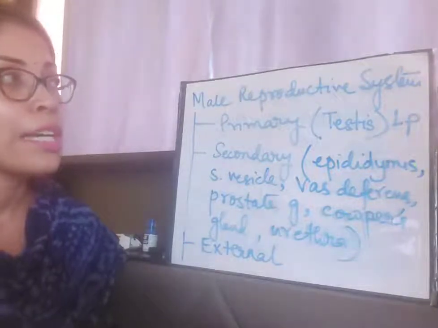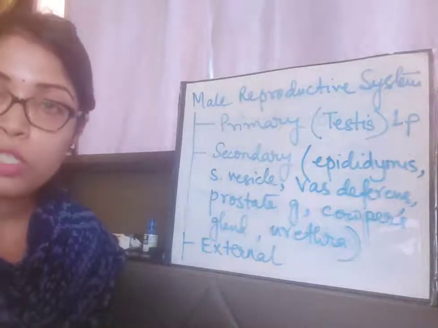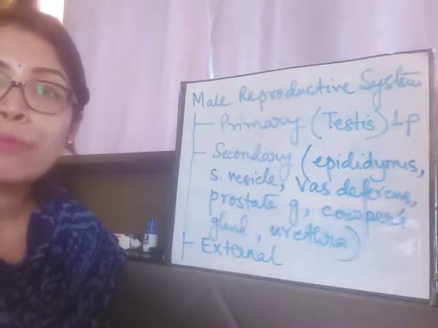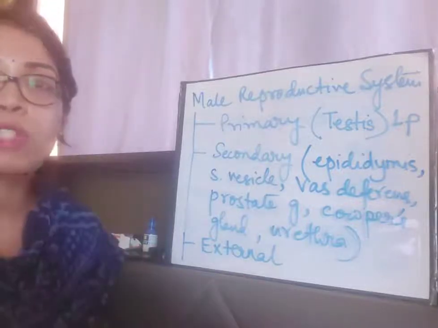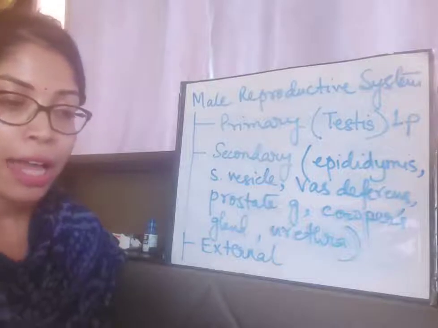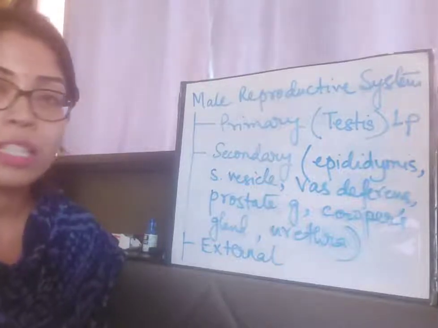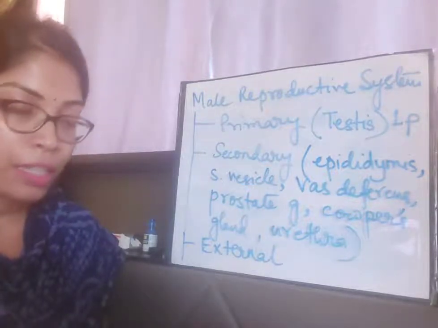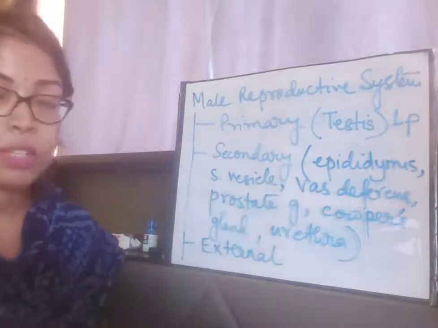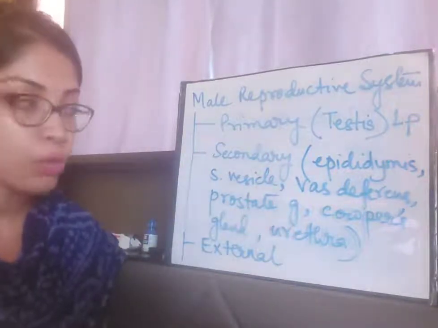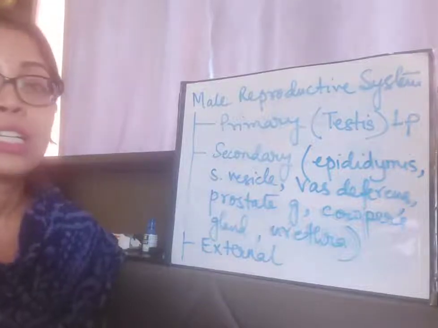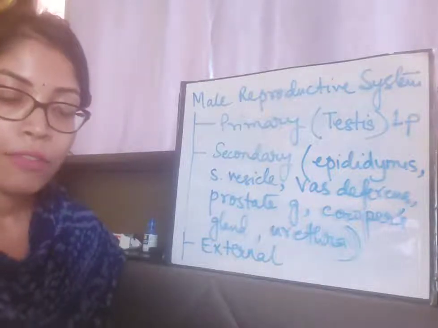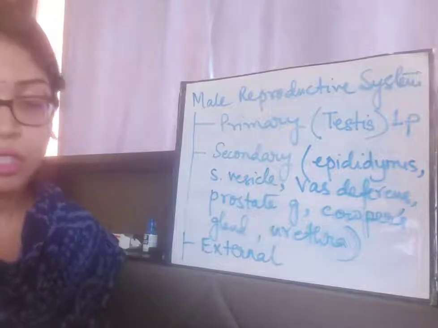In detail, we have discussed the scrotum, which is a muscular pouch-like structure with deeply pigmented skin, and it has two compartments which contain one testis each. And why the scrotum is outside the body, all these things we have learned. After that we have talked about the testis. Then we have done the epididymis and vas deferens. So I hope these portions are clear to you all. Next we will move on to the rest of the parts of the male reproductive system, and then we can move on to the female reproductive system. Okay, so let's start.